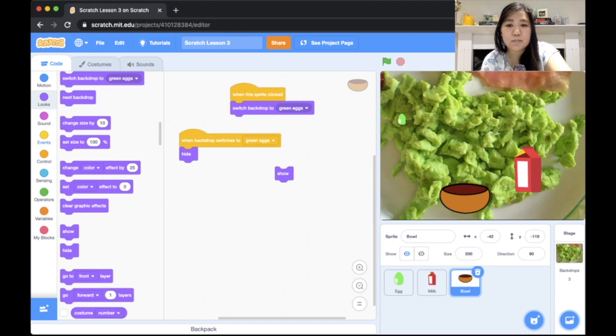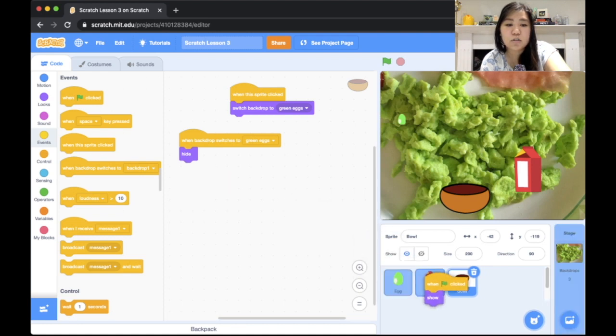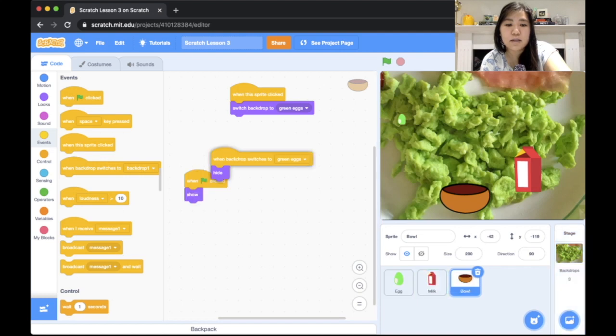So I'm going to go back into my event blocks and grab the when green flag is clicked, so that when the green flag is clicked, it will show, but when the backdrop switches to the green eggs, it will hide. And we're going to want to put these blocks in all of our sprites for the milk and also for the eggs. So the easiest way to do this is actually to grab our code that we want, drag it over our sprites, and it should copy a version into our sprites code. So I'm going to do this with both